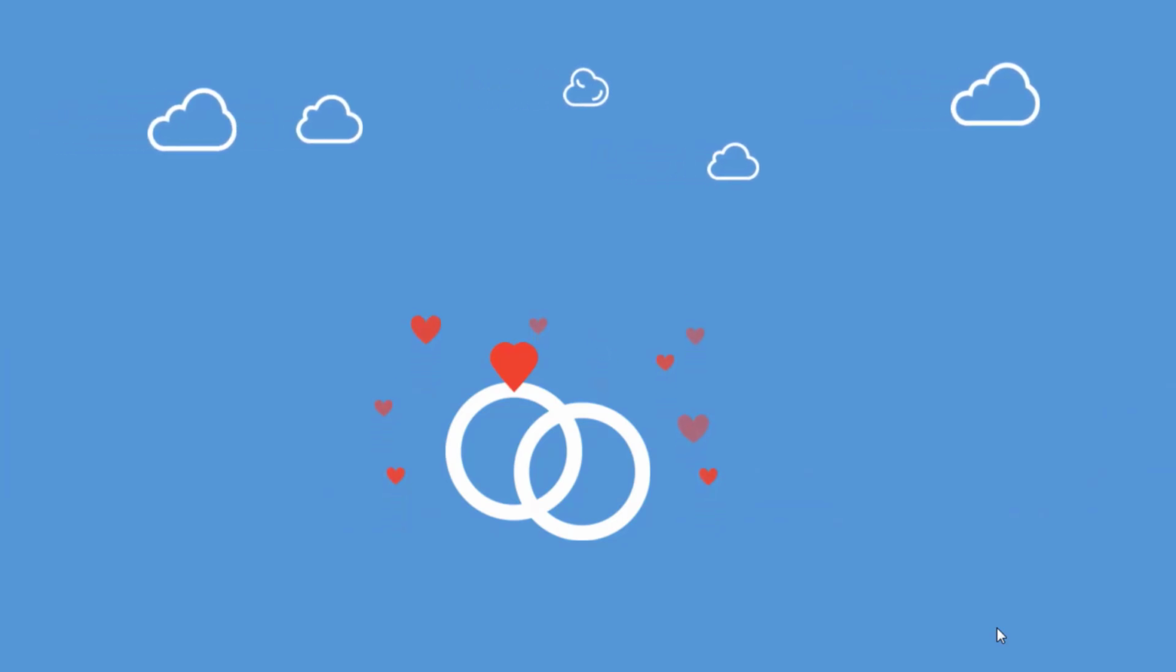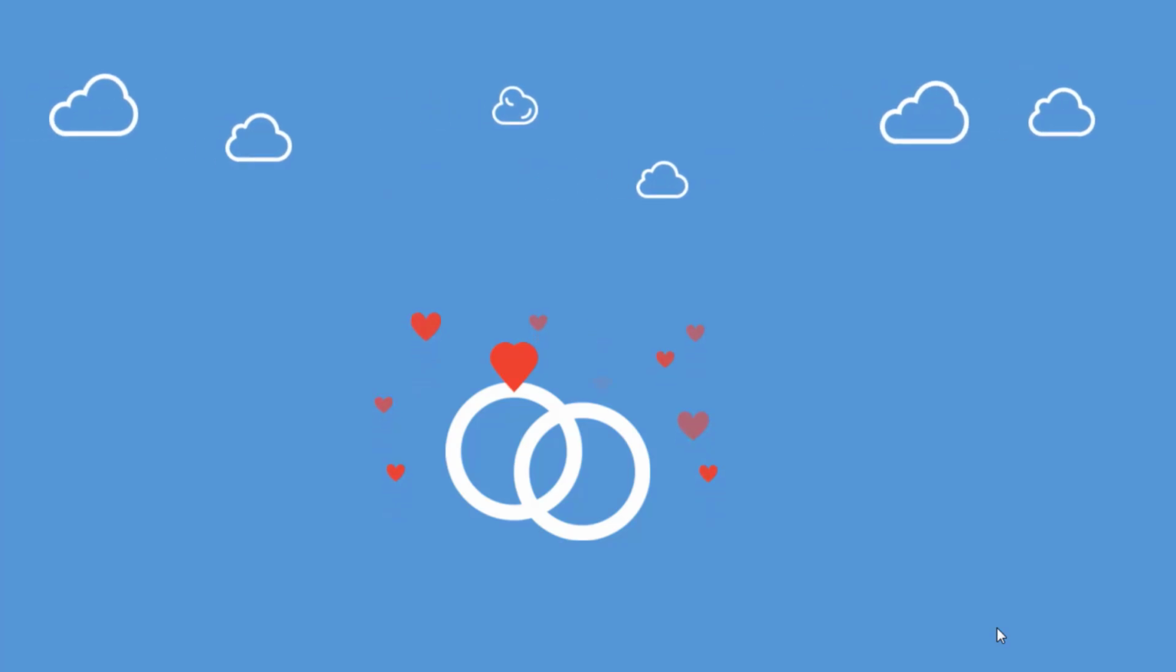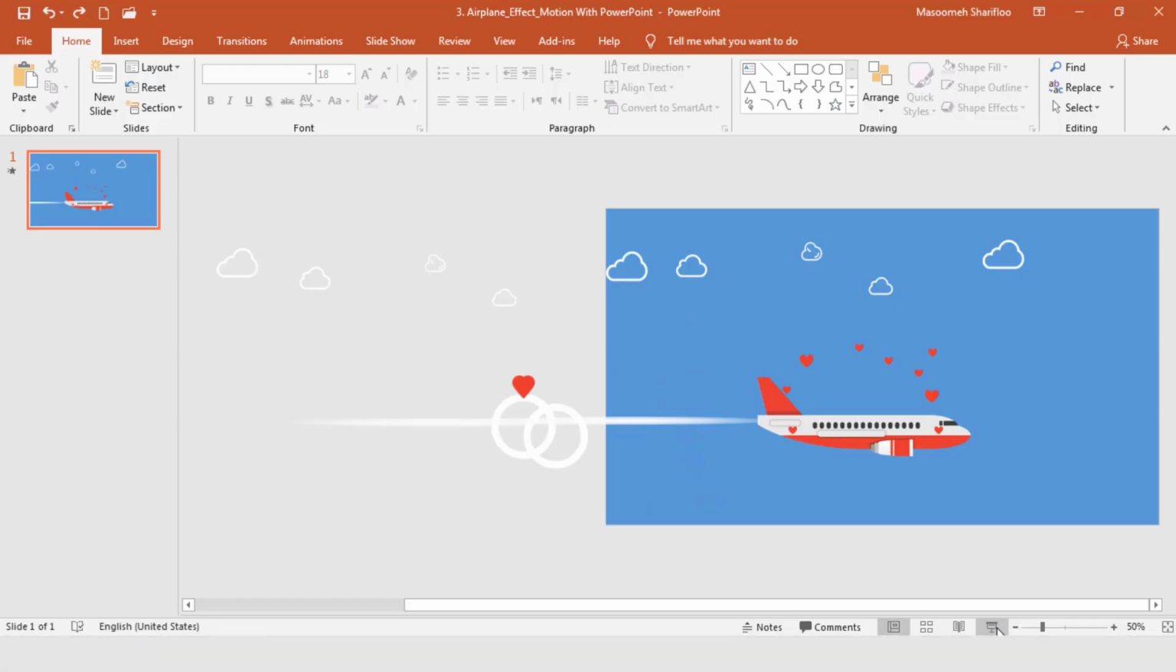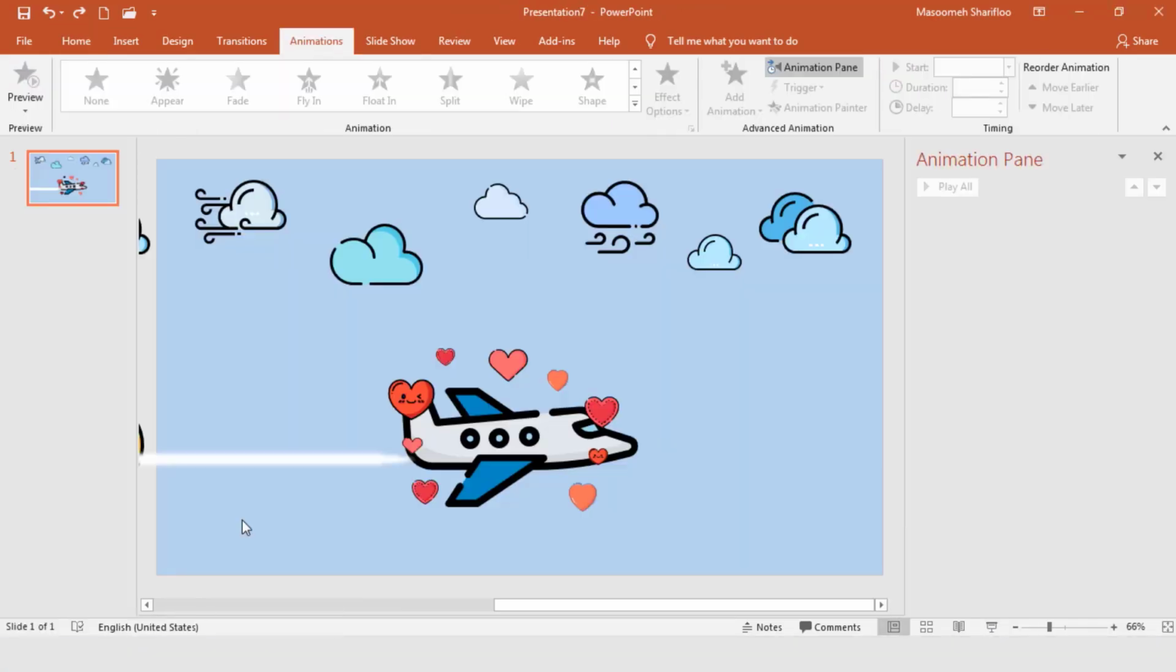As you see, first of all, the plane enters the slide, then it exits the slide with the emissions that we made with each other. Then the marriage ring enters the slide, and then hearts appear around it, and there is a group of clothes that are moving in the slide. Well, now we want to add these animations to our work with the help of the features that are available